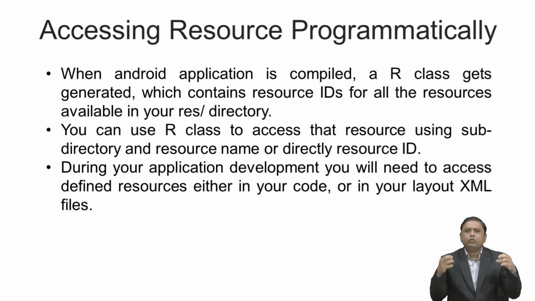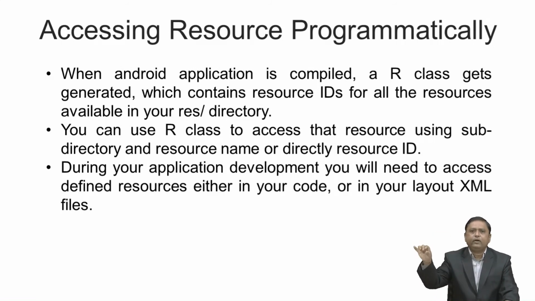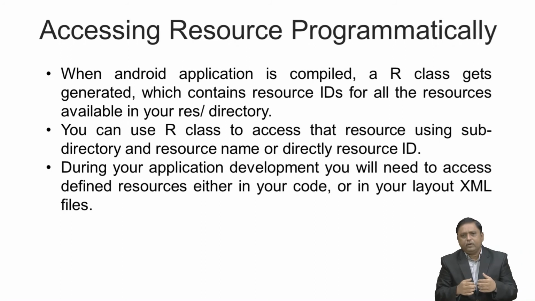We have learned how to define resources and where to store them, but once they are stored there, we need to access these resources programmatically. You can always use all these resources defined inside the resource directory at design time, while designing layouts, but at runtime, while your app is running, how do we access these resources? For example, if I want to change the title of a string, then I need to access a different string stored inside this resource file. So, for that I need to access this resource programmatically.